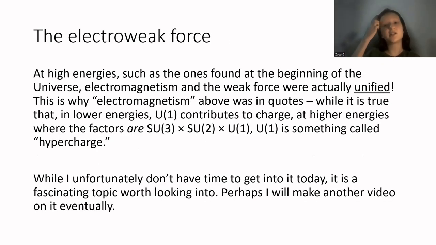So at high energies, such as the ones found at the beginning of the universe, electromagnetism and the weak force were actually unified. This is why electromagnetism above was in quotes. While it is true that at lower energy, U1 contributes to charge, at higher energies where the factors are SU3 times SU2 times U1, U1 is something called hypercharge. And at our energy levels, this symmetry would actually be SU3 times U1, right? So the SU2 term is dropped because there is some, frankly, quite interesting symmetry breaking going on with the weak